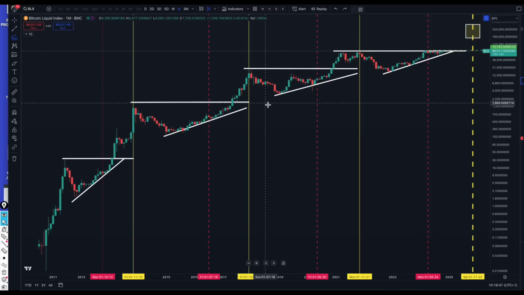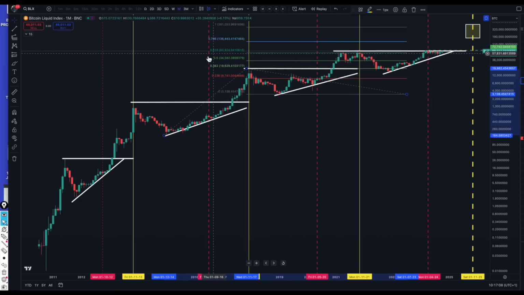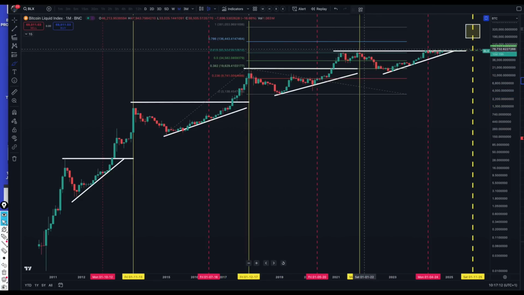Then if you take the third cycle, which was the last cycle that topped out at 69,000 in November 2021, once again from the bottom of the previous bear market here to the top of the cycle at 20,000 and back to the bottom of the bear market, once again what we find is that we actually topped out at 69,000 here at precisely the 61.8. So in the last three cycles, the first one we topped out at the 78.6, the second one in between the 61.8 and 78.6, and this one was at exactly the 61.8.